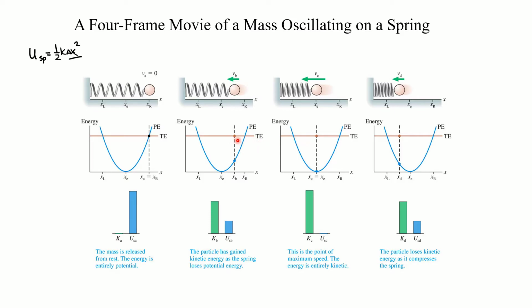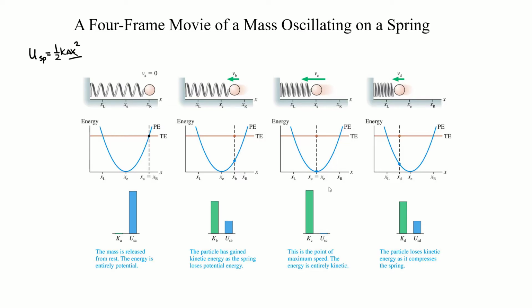So I've got more kinetic energy, less potential energy. My total energy of the system is the same, and it moves back, gets to the equilibrium of the spring, but now all its energy is still in the system, but it's in kinetic energy. And the potential energy is 0. I'm at the bottom of this parabola, and it keeps going to the left, and it starts slowing down and getting potential energy, and you can see it's going back and forth. And we have that same sort of thing we were discussing before, where we can get a lot of information from this plot.